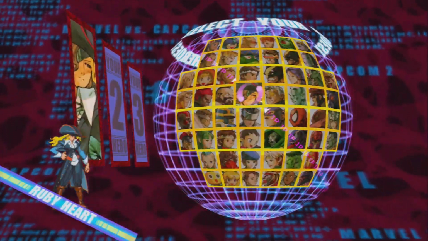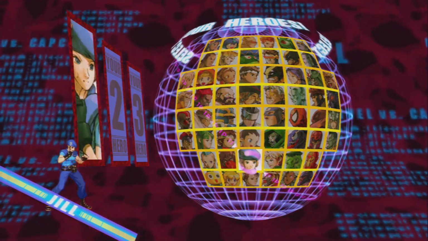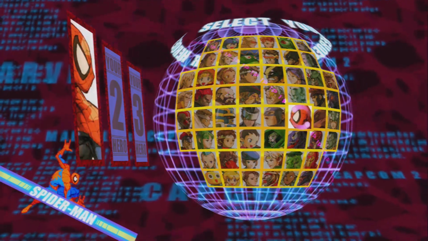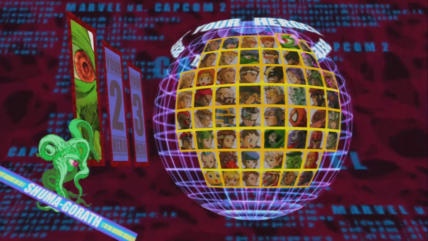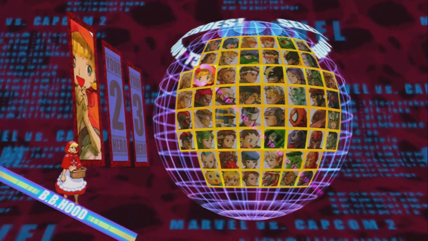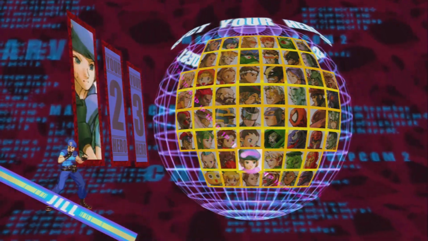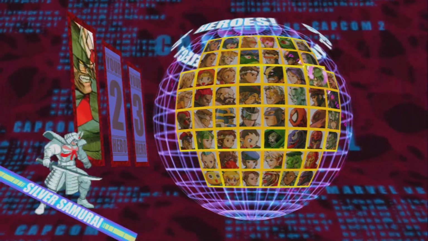Select your heroes. This right here is the holy grail of fighting game character select screens. When I got the idea for this video, this was the one that popped into my head immediately. It's just so iconic. The music, like in Third Strike, is instantly recognizable, despite being a simple loop with the lyrics, "I'm gonna take you for a ride," repeating over and over. You've got one side Marvel, one side Capcom, all laid out on this wireframe sphere, which complements MVC2's mind-boggling 56 character roster, helping it look